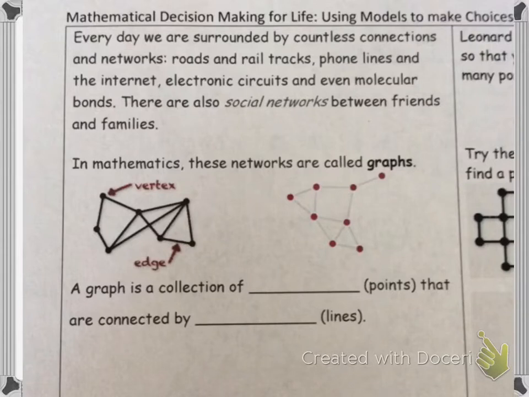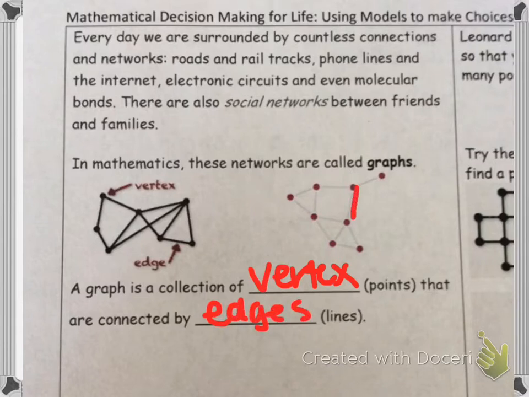The vertex points are represented by points, and that's what it says. A graph is a collection of vertex points that are connected by what we call edges. So here's an edge, a line that connects two vertex points, and then those vertex points are the solid dots